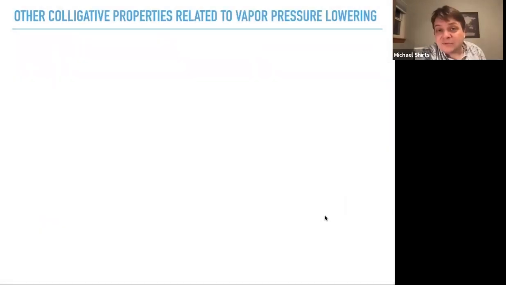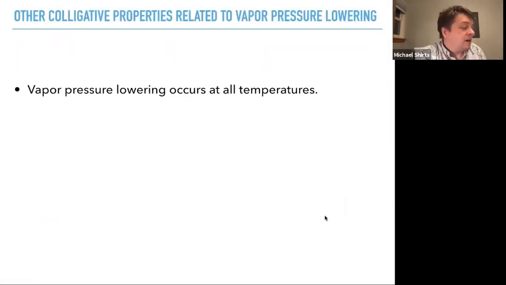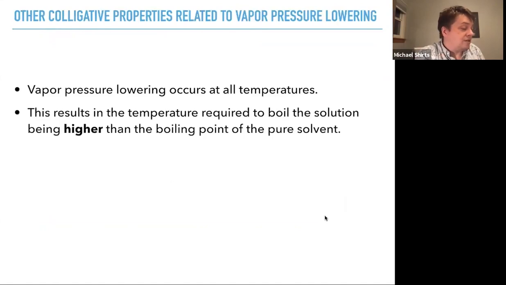So other colligative properties are related to vapor pressure lowering. Vapor pressure lowering occurs at all temperatures. That means that the temperature required to boil the solution is higher than the boiling point of the pure solvent, right? Because if you go up to the boiling temperature in that solution, the vapor pressure is lower. It's not going to boil at that atmospheric pressure. You have to heat it up higher so that the vapor pressure of the solution is equal to atmospheric pressure, equal to the vapor pressure you would have seen at the boiling point